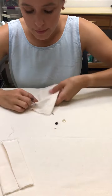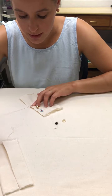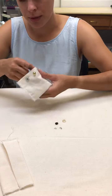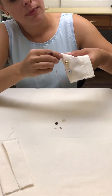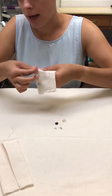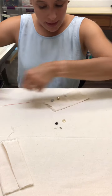Oopsies. Holding our thread nice and tight to make sure that that thread shank stays tight and secure. And of course, at least 2 knots as always. Perfect. And then hide the tail as always and clip nice and tight. And now